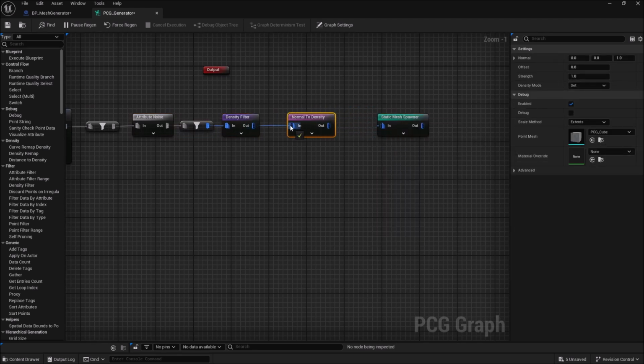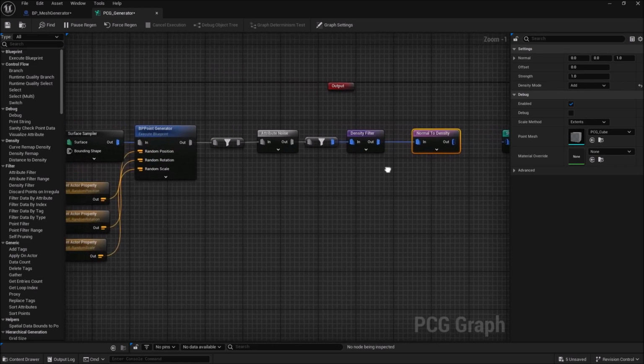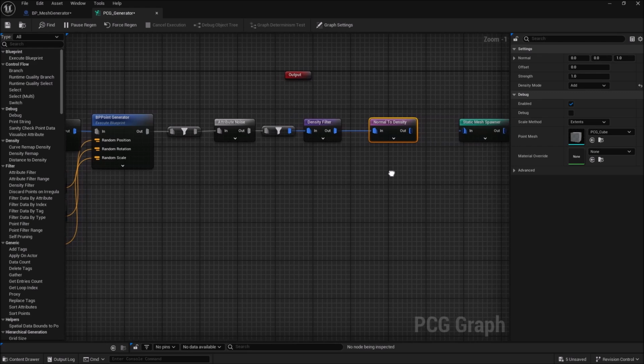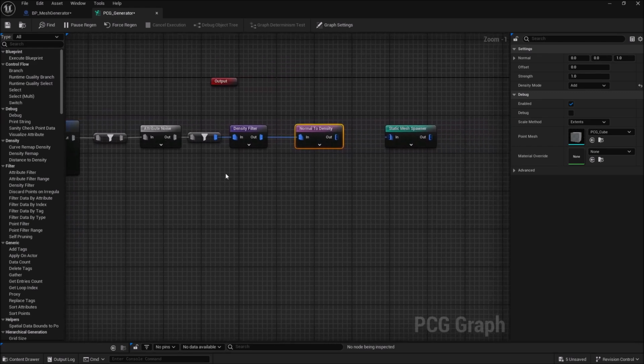And set it to add. And the whole point of doing such a thing is to make sure that the points are not just going to be spread out and generated, they're also going to be placed in such a manner that they will get more organized depending on how we change the placement of these points throughout the, in this case, landscape, depending on how far and how each static mesh is being spawned based on these points' positions. And that's why we also use noise and density, in this case, this distribution, so that once set it